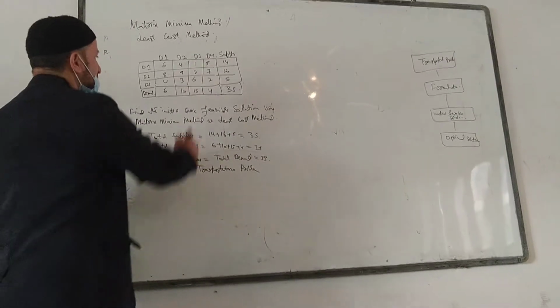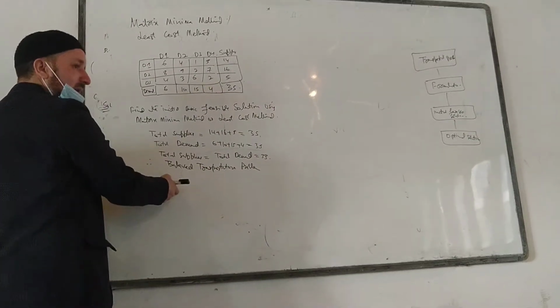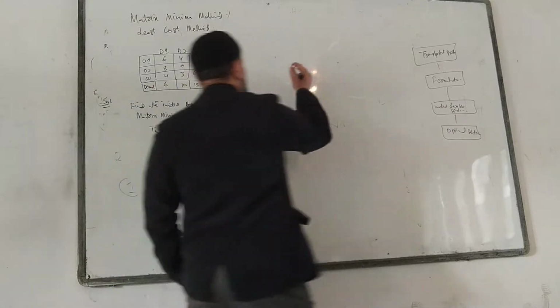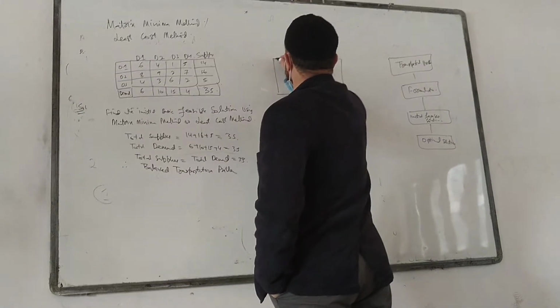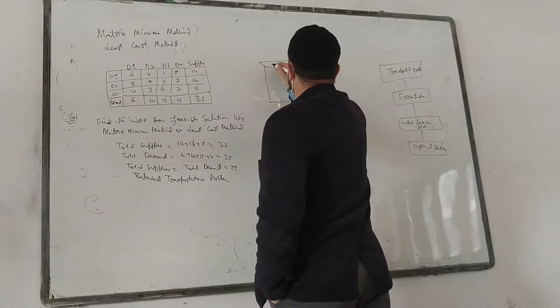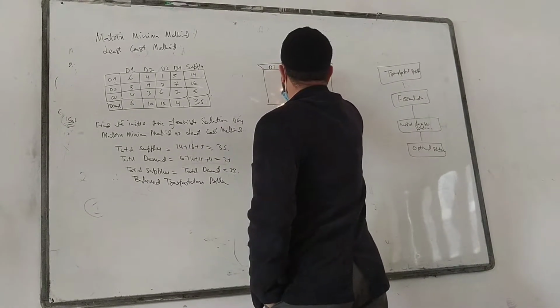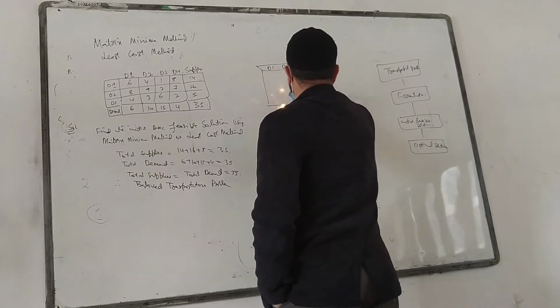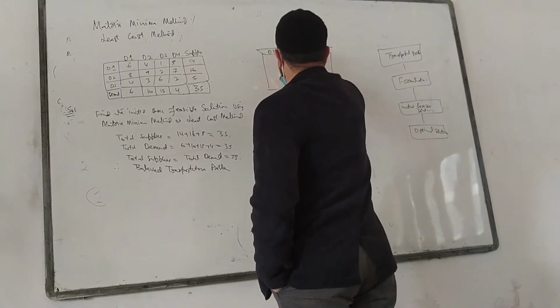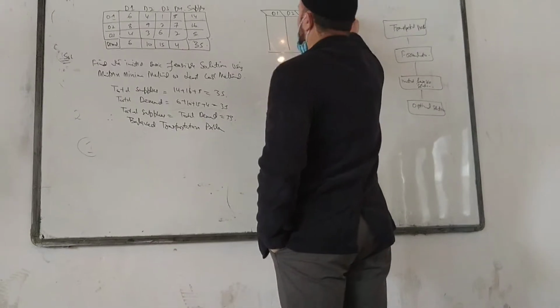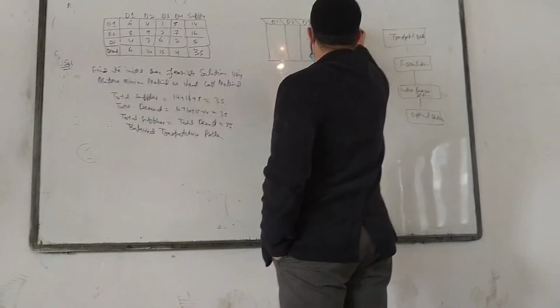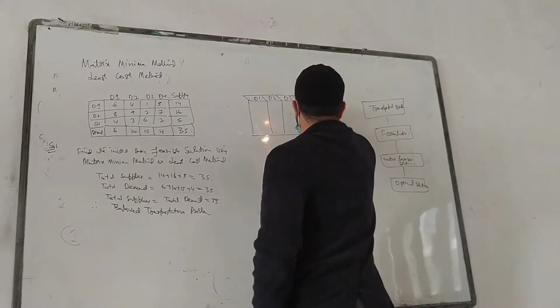So what we do for this is replicate this diagram here again. So let me do it here. I am replicating this diagram. So this is my D1, D2, D3 and D4. A little bit of artistry on this. And then we have a supply. This is my supply constraint.